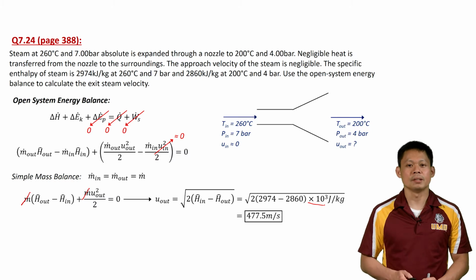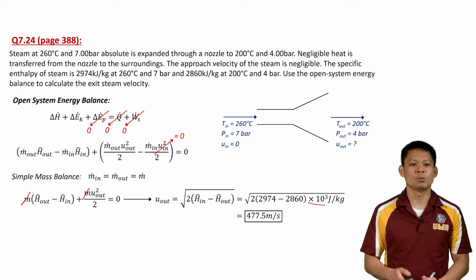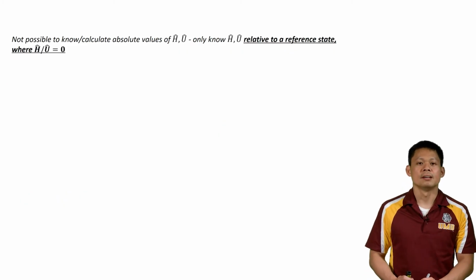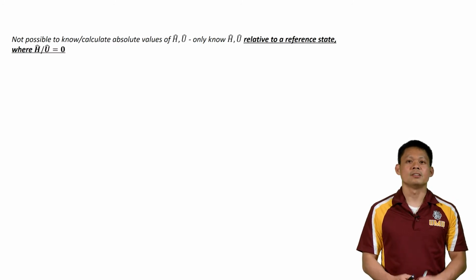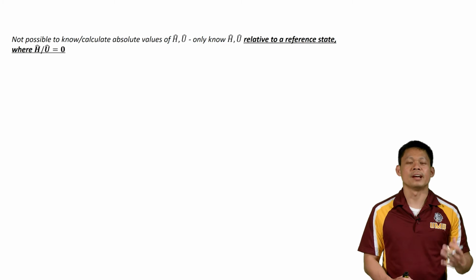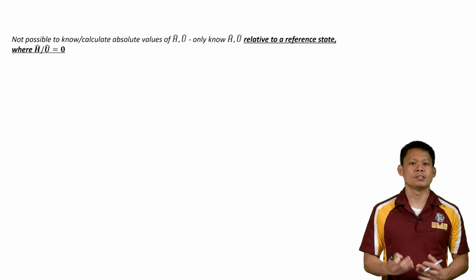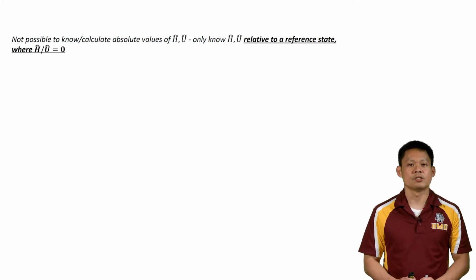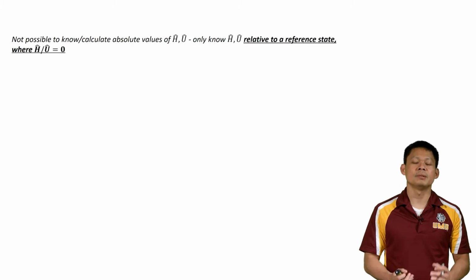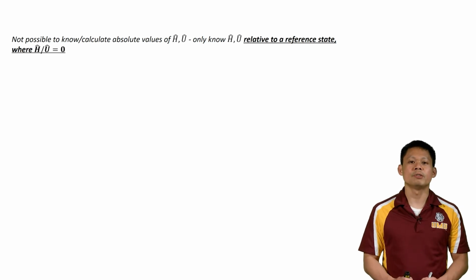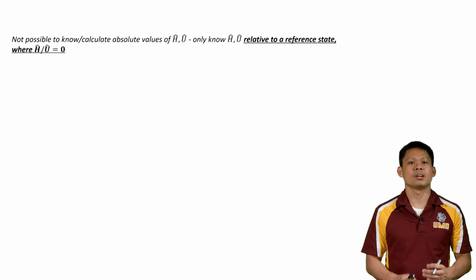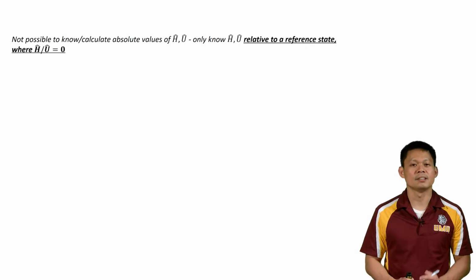Now, before we end this example, I want to talk more about this idea of a reference state. I've mentioned right off the bat when we talk about energy balances that it is not possible to know the absolute energy of anything. Energy is always in relation to something, in relation to some reference state. So similarly, in this case, when we talk about specific enthalpies and specific internal energies, it is only relative to some reference state. And the reference state is picked such that your specific enthalpy or your specific internal energy is